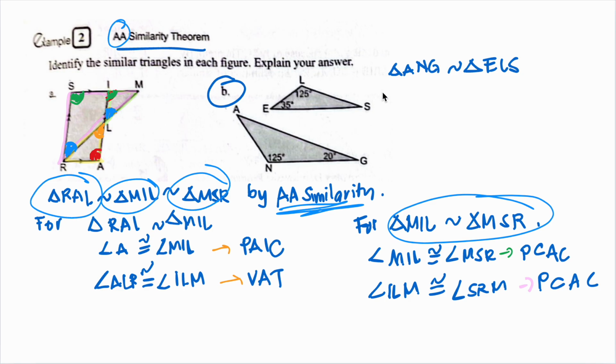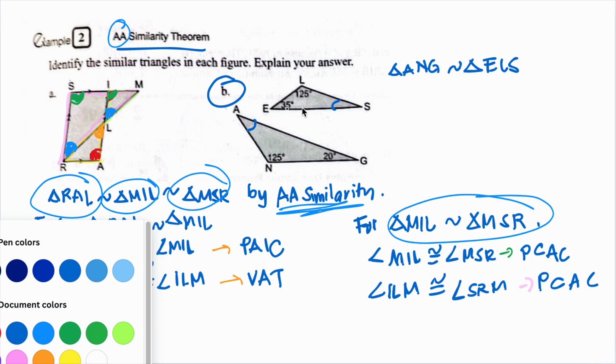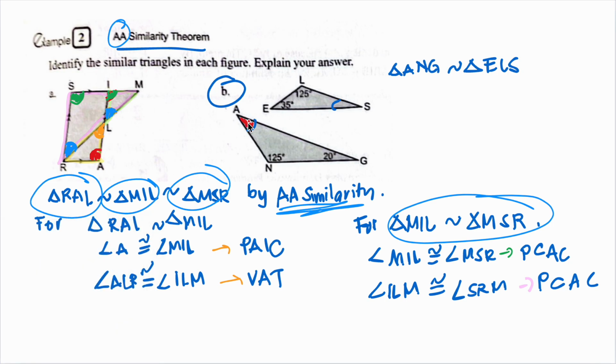So, how can we find out that they have the same angles here? What do you think would be the best way? The first is we should find the measurement of this angle. For us to find the missing angle, we should apply this method. So, the measurement of angle A is the thing that we need to look at.